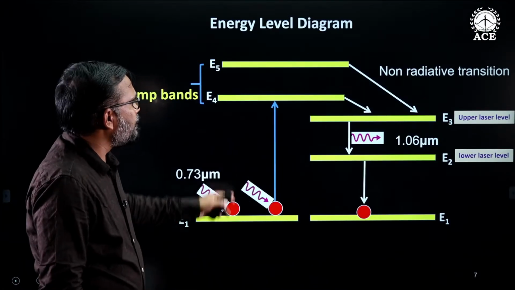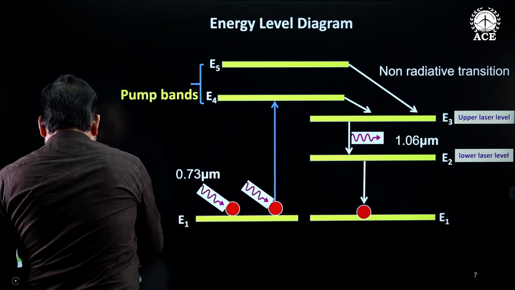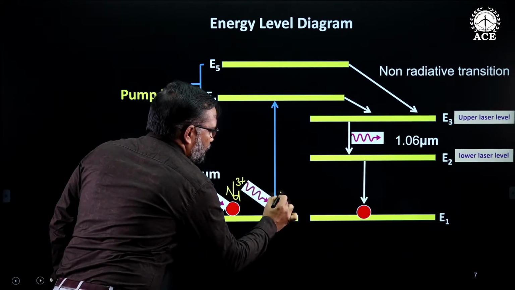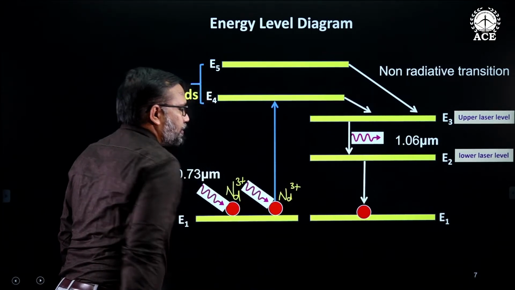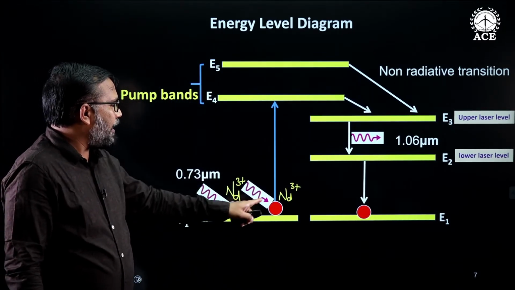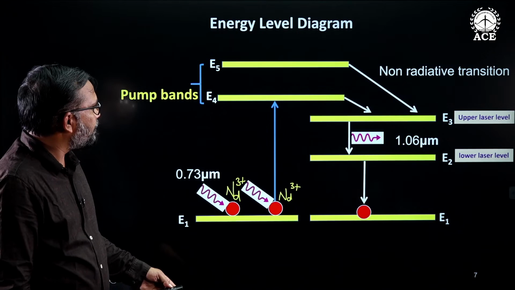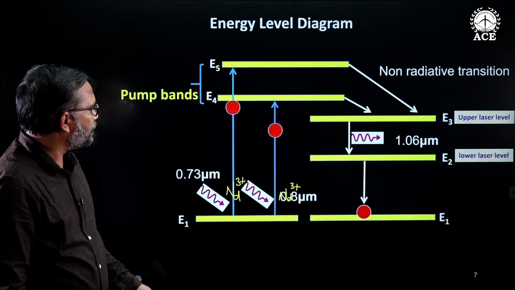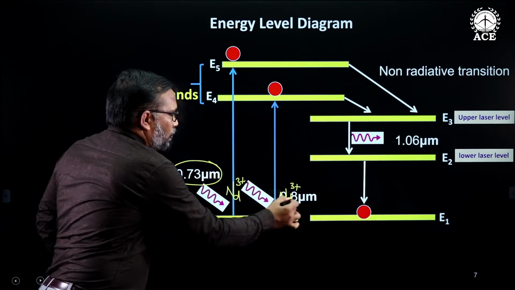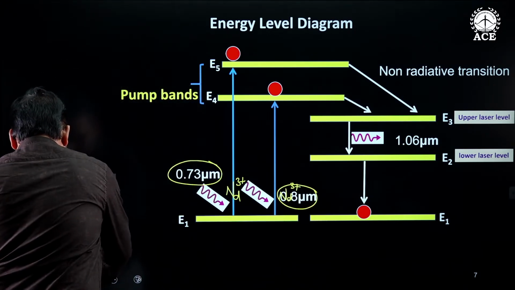See here. First, these are the neodymium ions. These are the neodymium ions. It is also a neodymium ion. These neodymium ions interact with 0.73 micrometer, and what happened? See here, one more time. One photon of 0.73 micrometer, one photon of 0.8 micrometer. So when they interact,